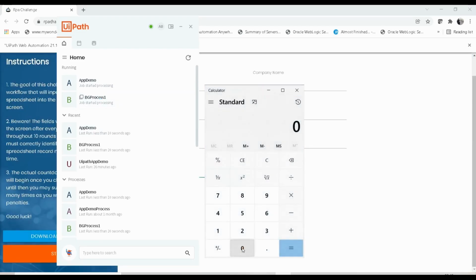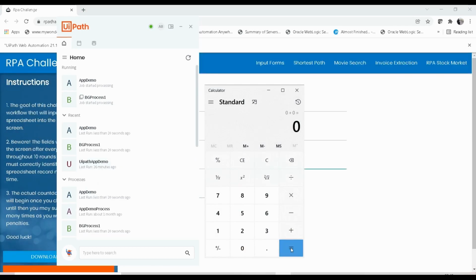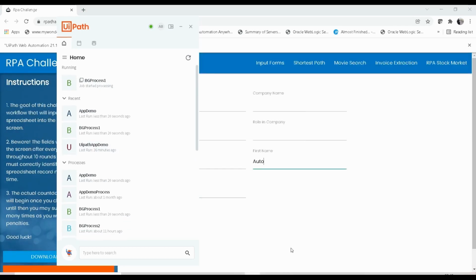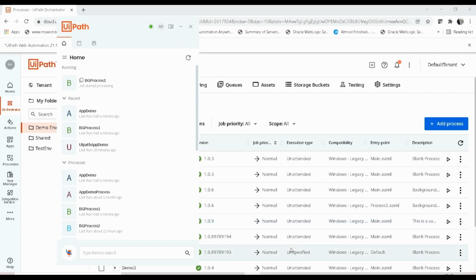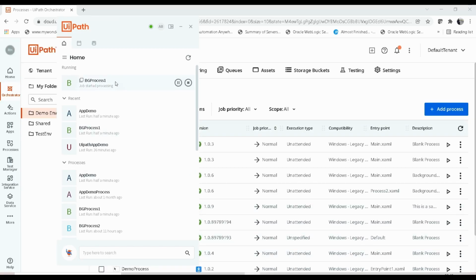Here you can see this calculator is also running. So two jobs are executed simultaneously by the bots. Because this entire process is running like a background process, that's why we didn't get any error.